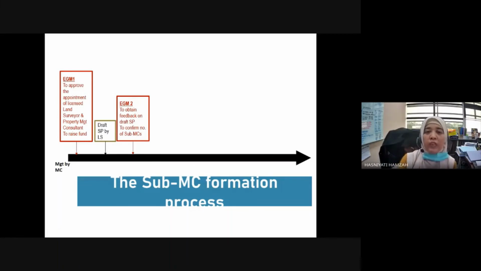A sub-MC, or you need 3 sub-MCs, or you need 1 sub-MC for each of the users in the example that I gave you, the slide number 1 just now. So 4 sub-MCs in that particular case. Okay. Now, finally, after the EGM, final SP, because the land surveyors now, they receive the feedback from the MC,